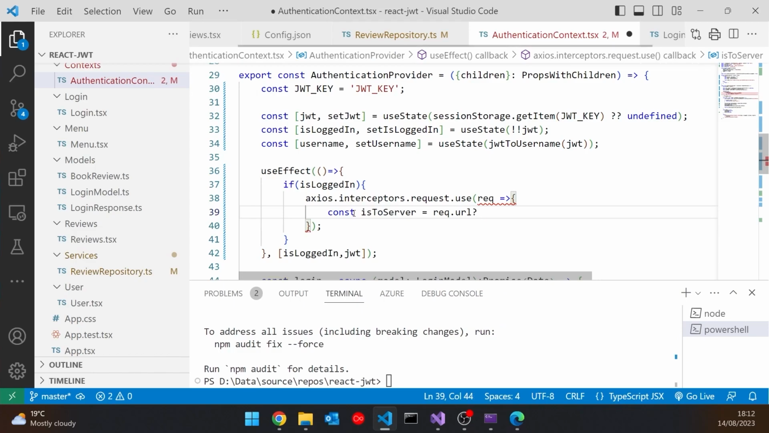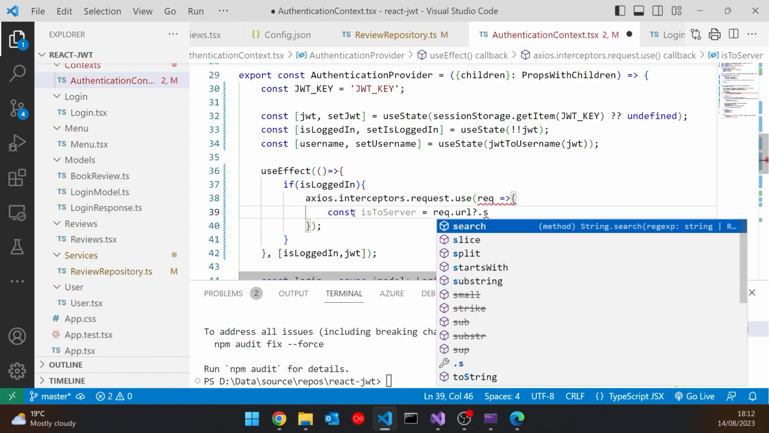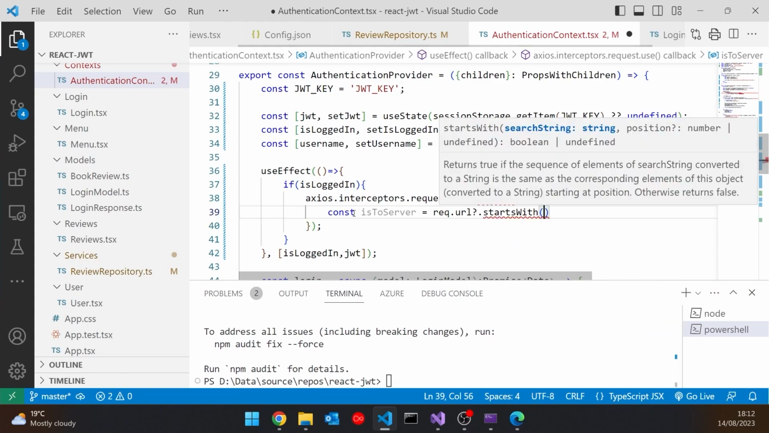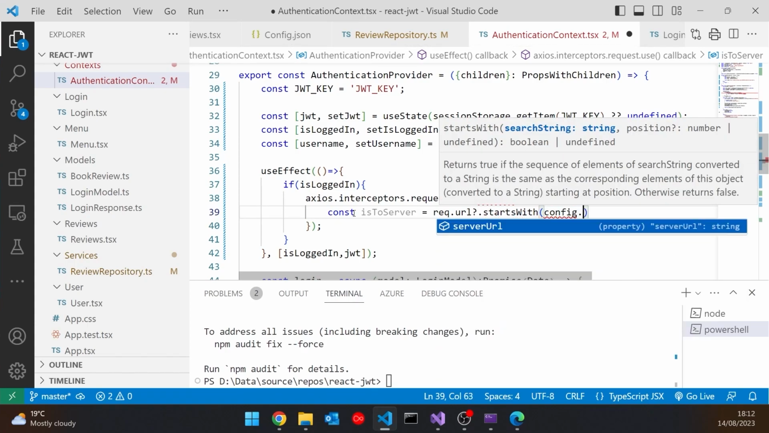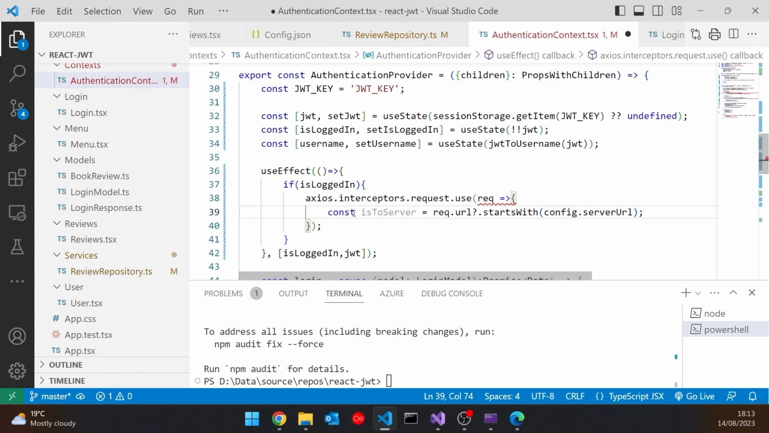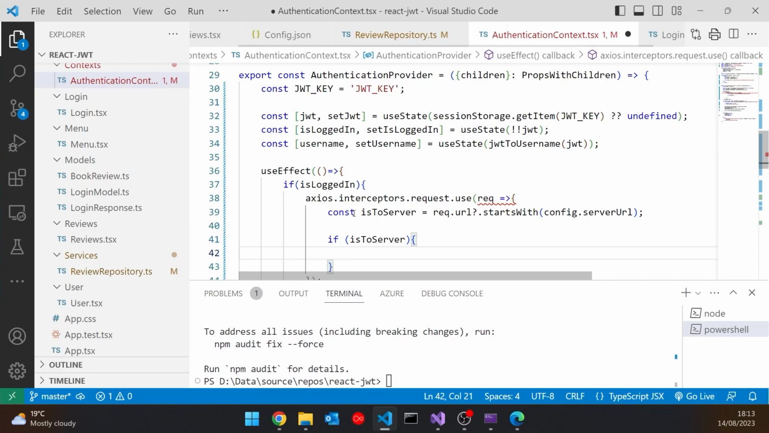That could be null, so we've got to put a question mark there, .startsWith, and then the same sort of code we've seen before. And remember, we can get hold of that by using the config server URL, and so that will just make sure that it's going to the right place. And then we can say if isToServer. We already, as I say, know that it's logged in. And then in that case, very simple, we can just say